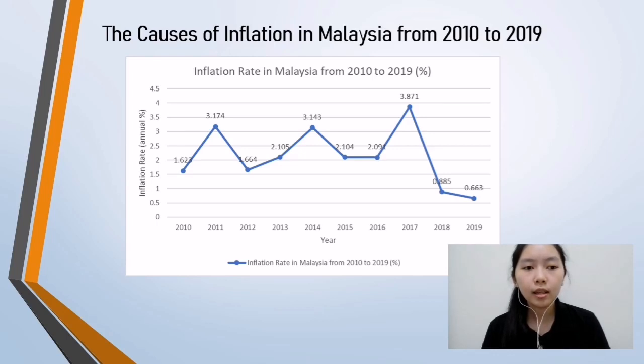In 2019, the inflation rate continued to decrease to 0.7%. This is because the government has implemented the price ceiling for RON95 and diesel to help the B40 lower income group by reducing their living costs. When the price of RON95 and diesel is limited, households will be able to buy more goods with the same